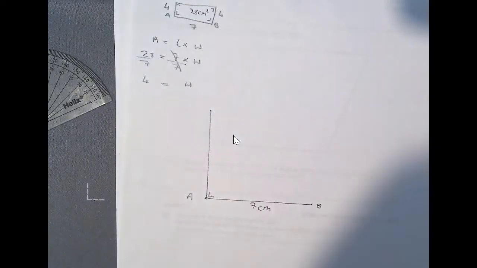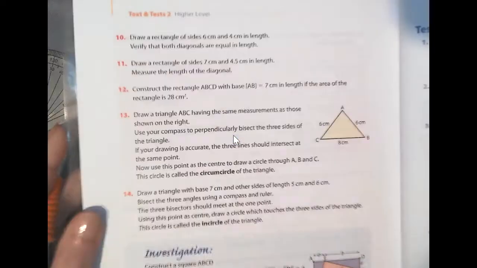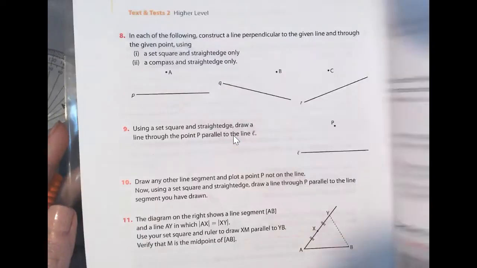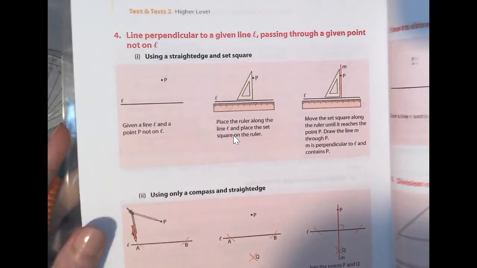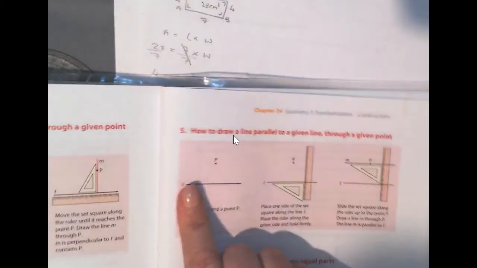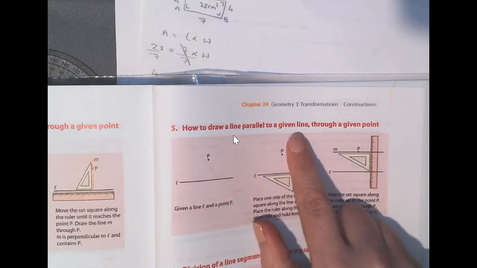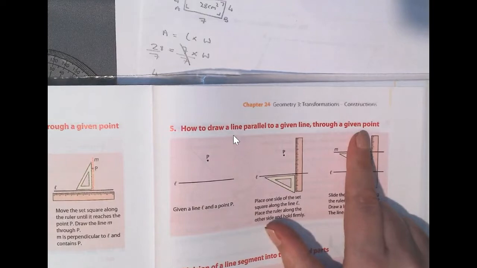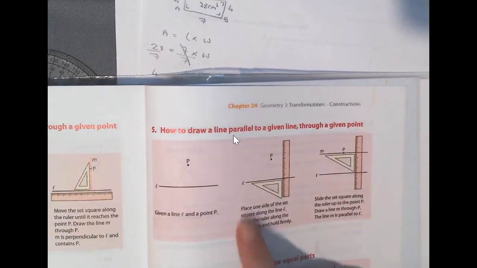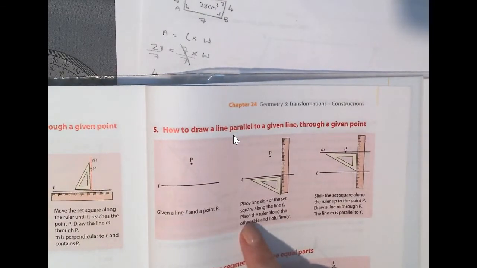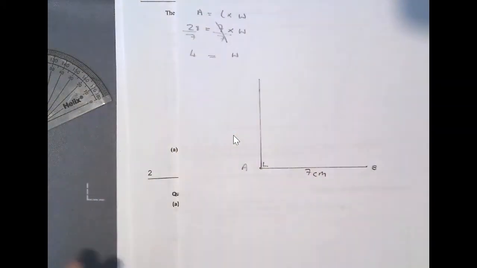So my next step then is to draw parallel lines to those two lines to do the 4 sides of the rectangle. And what you'll use for this is construction 5 that we've already done a video on, how to draw a line parallel to a given line through a given point. That's the construction that we use then to draw the other 2 sides, so parallel lines. Okay, so I get my ruler,